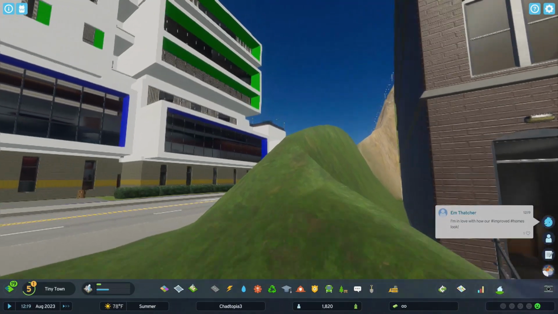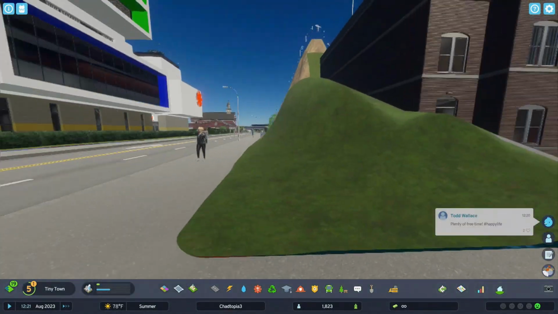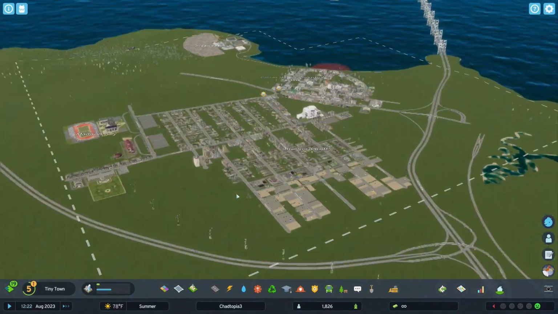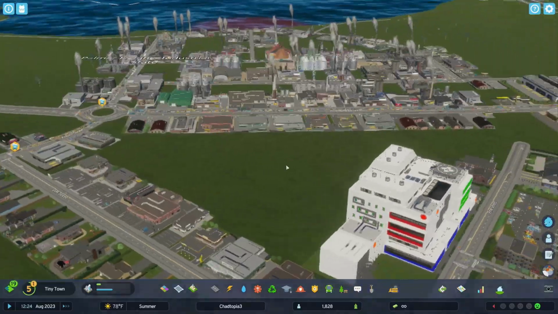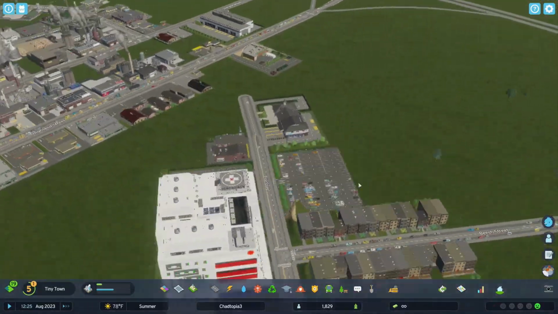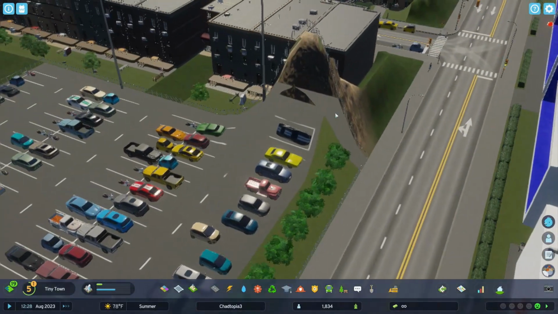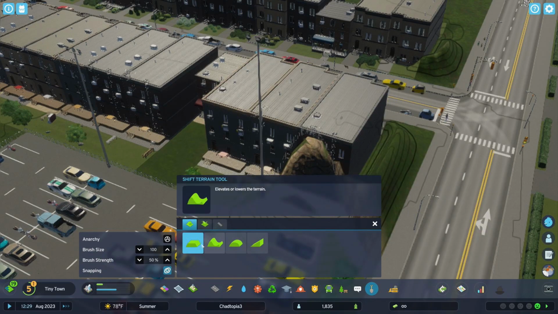We can walk up the hills here. This here is horrible. I think I need to... Oh, goodness. Fly out into the city. No. I need to do something about that over by the hospital. Predominantly this area here. Yeah, this area here is not good. So what we're going to do is we're going to...